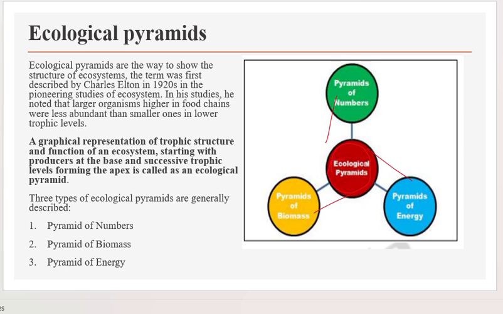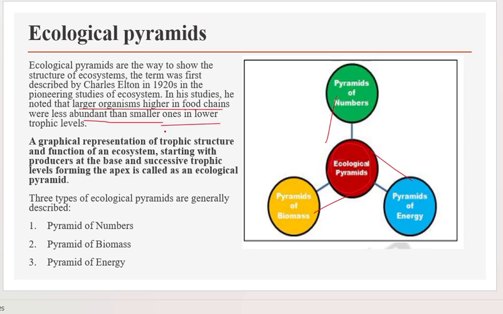This ecological pyramid was first described by a scientist, Charles Elton, in the 1960s when he was studying ecosystems. At the beginning, he described ecological pyramids. In his studies, he noted that larger organisms higher in food chains were less abundant than smaller ones in